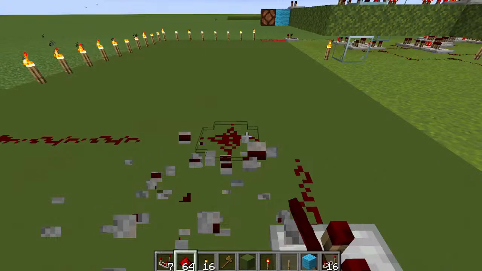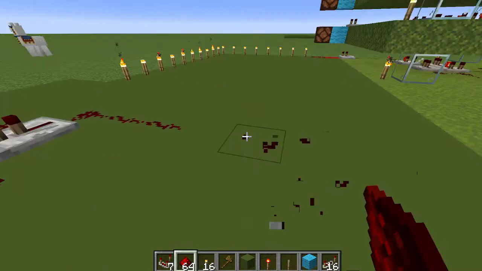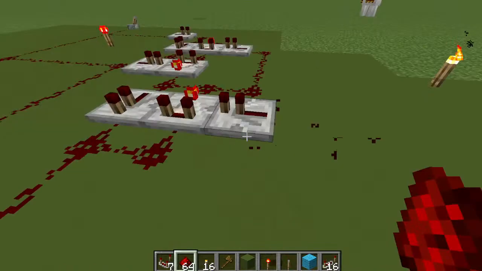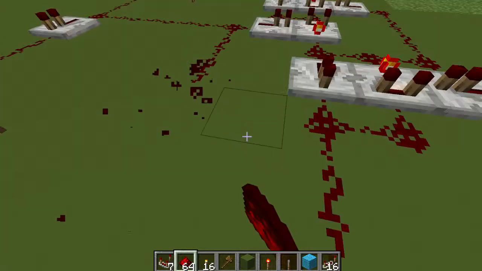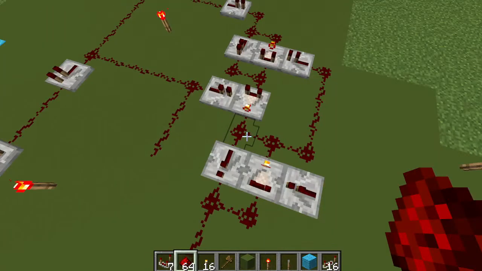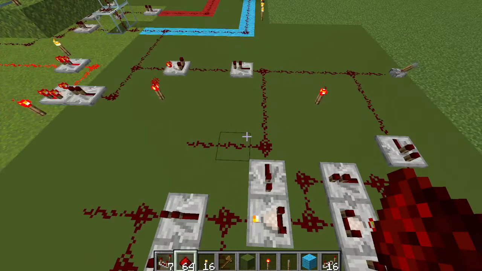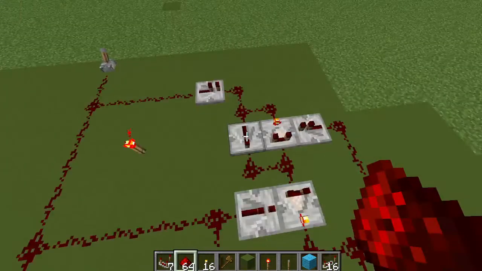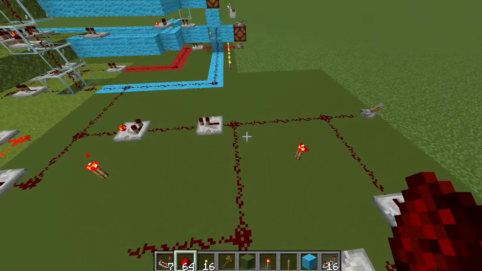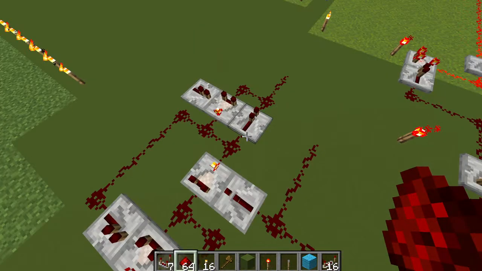Alright, let's think about this logically. So you have this one on. So you want, when this one is on, you want, so this one turns on when that signal switch is off. What you want is for when that signal switching off. So when that signal switches back on, you want